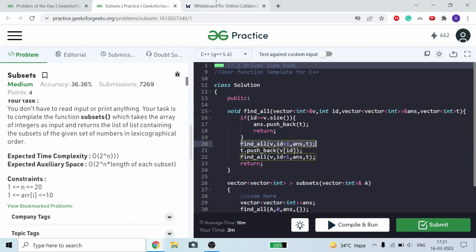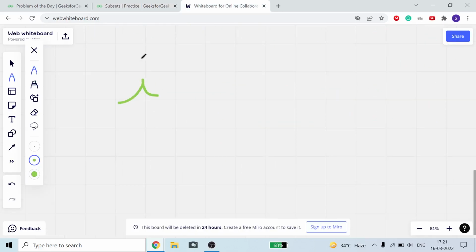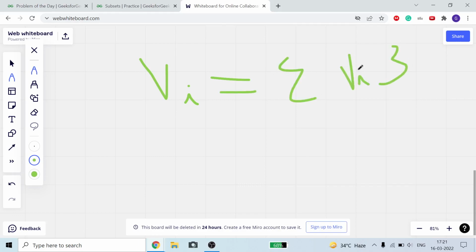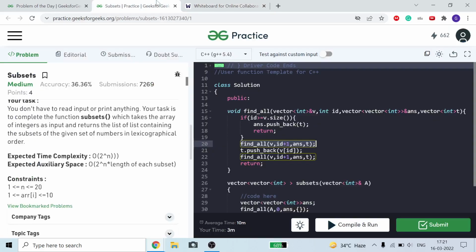Means for each integer vi, we can either include it in our subset, or we can exclude vi. Here we are forming all subsets in which vi will not be included.